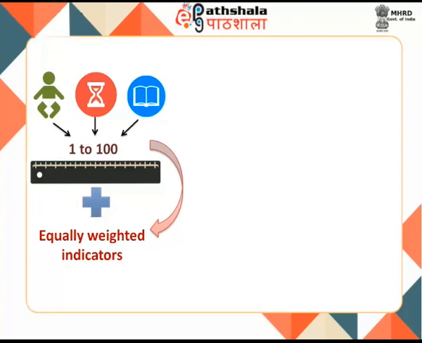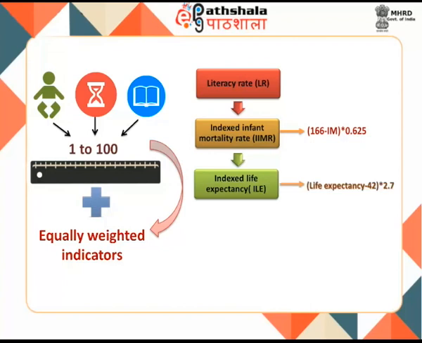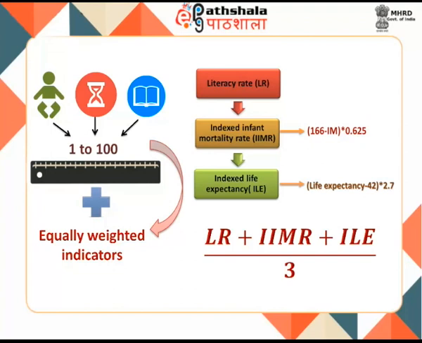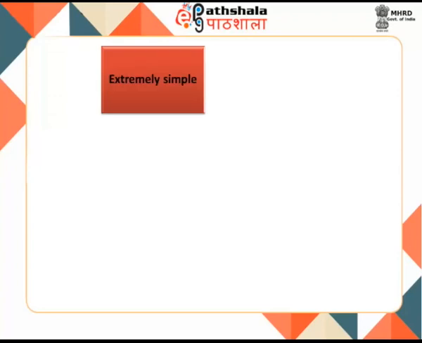To calculate the PQLI for a country, we have to find its literacy rate, indexed infant mortality rate, which is 166 minus infant mortality into 0.625, and indexed life expectancy, which is life expectancy minus 42 into 2.7. Sum up and divide by 3. The advantages of PQLI are: the procedure is of extreme simplicity, the chosen variables do relate to the bulk of the population of the country,